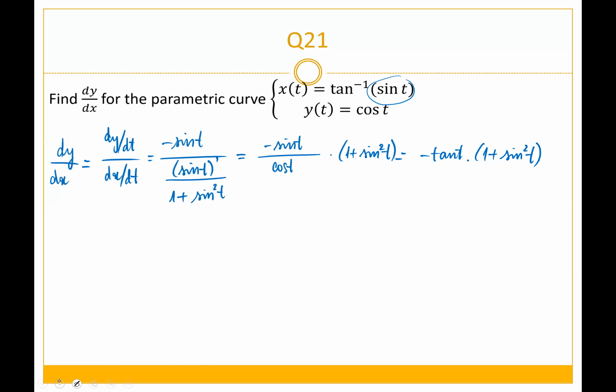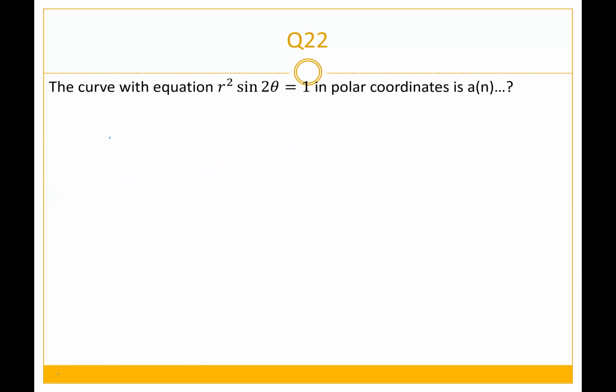Now let's go to 22. The curve with this equation r squared sine 2 theta equals 1 in polar coordinates is whatever curve it is, and so we have to identify it. There are two ways you can do it. Either you graph it out, which I think is going to take a lot of time, or put it in Cartesian equations, and that's going to be much easier because you already know the shape of many functions